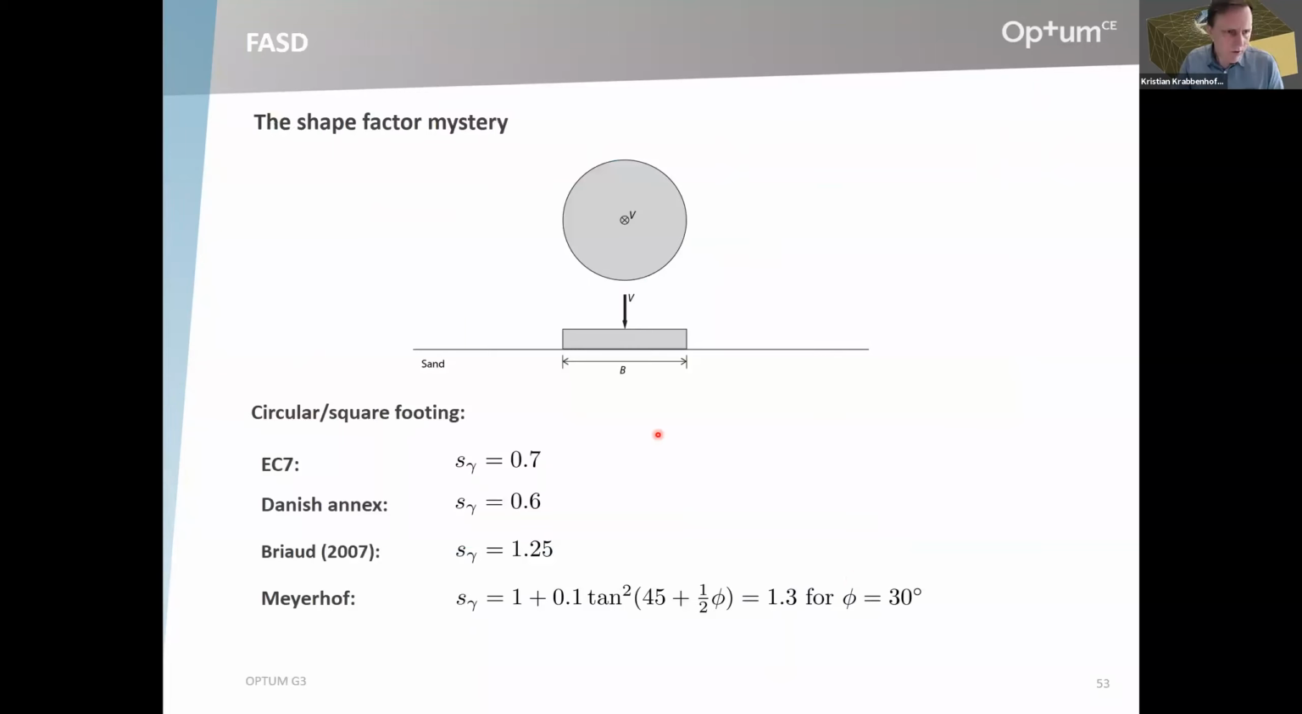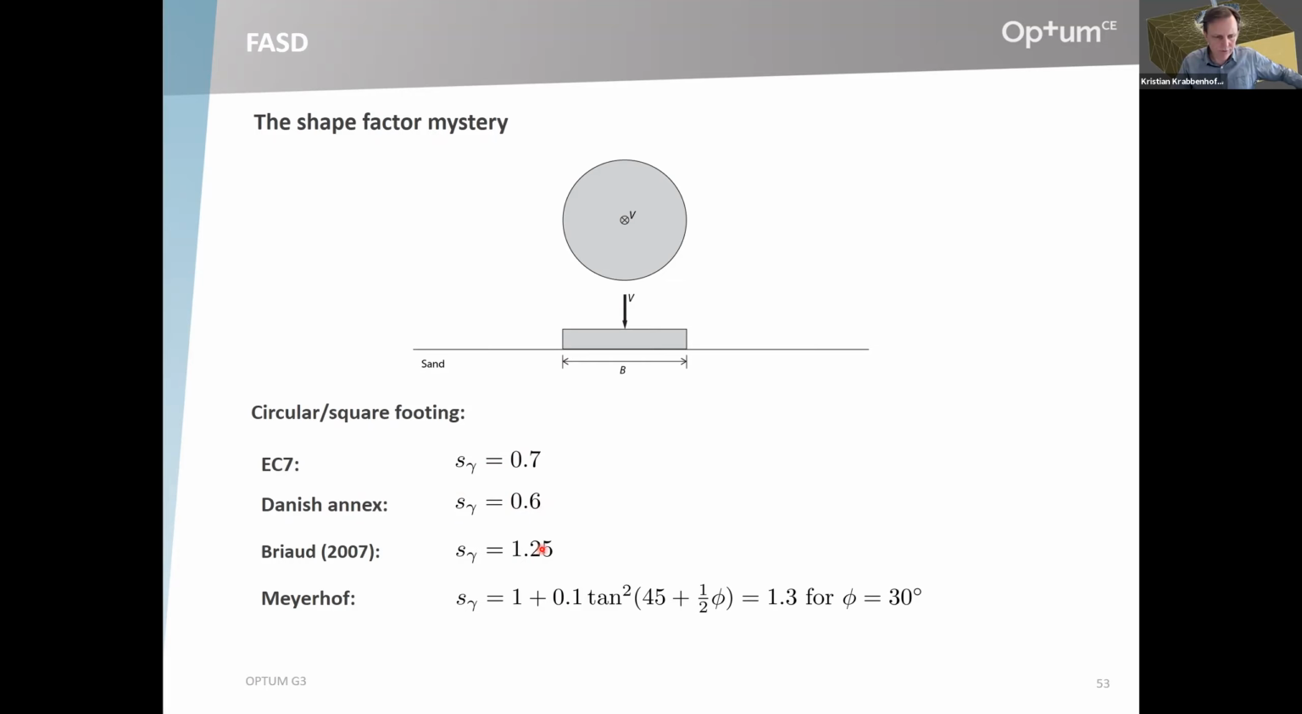The last thing I wanted to say something about is something that always was a bit of a mystery to me, and that is the shape factor. I call it the shape factor mystery. What was always a mystery to me is that in some codes and in some textbooks, you see a shape factor S-gamma less than 1, and in other texts you see it greater than 1. So Eurocode 7 says 0.7, the Danish National Annex is even more conservative, 0.6, then there's